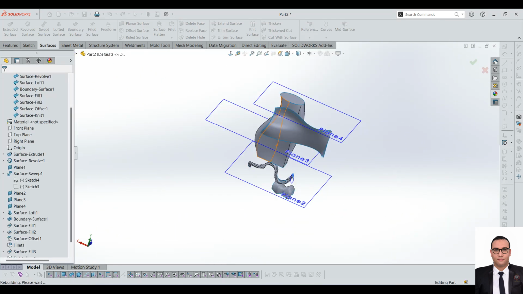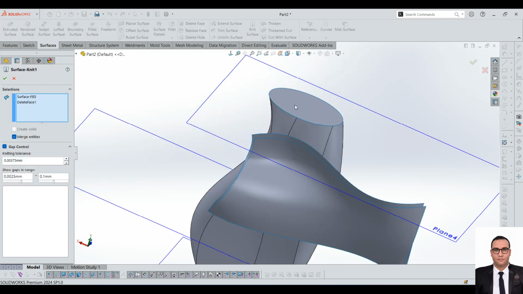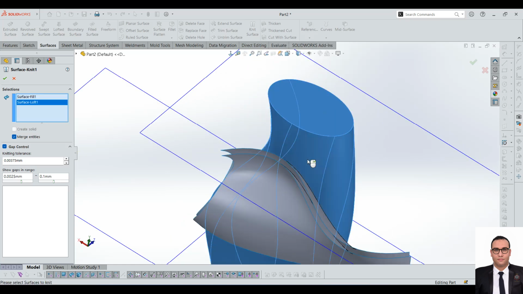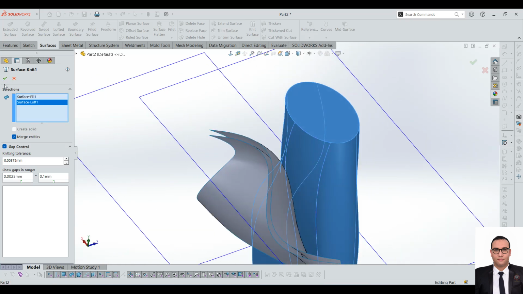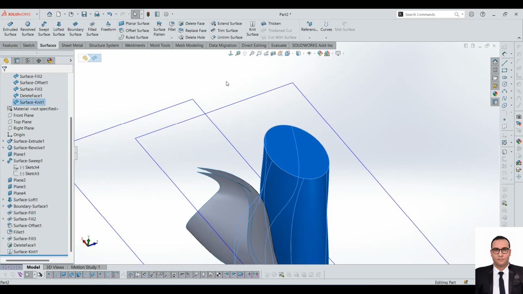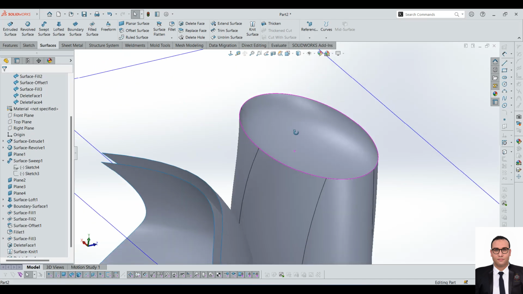Let's try applying this function to another shape, a simpler shape, like this one here. Let's try delete, clear selection. Then this one here. Let's try opening it right now. And now this is one single face. And let's try to delete it. Delete and fill. See here, it is deleted and replaced